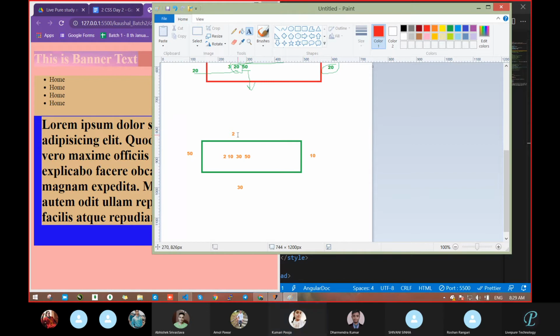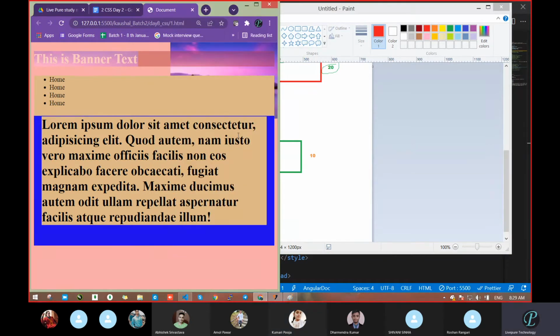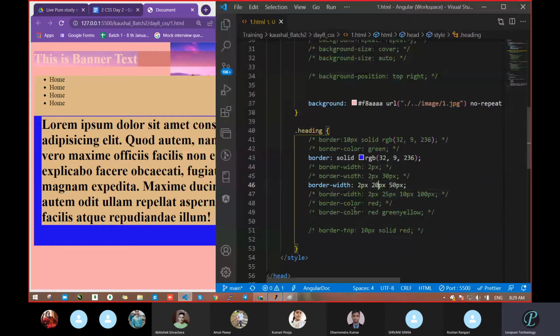The same. 2, 10, oh, 15. She thought this time that she had done it correctly. So why will I go with another value? No, sir, I know about you. So first I had taken 2, go with 10, and then go with 30. Let it be 30 and 100 pixel.